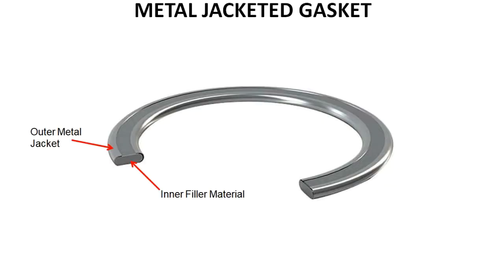Next we will go for metal jacketed gaskets. A metal jacketed gasket is a type of metallic gasket and it consists of a metallic outer shell with either a metallic or non-metallic compressed fiber filler. The filler material gives the gasket sealing resilience, while the metal jacket protects the filler and resists pressure, temperature and corrosion. Metal jacketed gaskets are specially designed and widely used for heat exchangers, pressure vessels, stacks, boilers and etc.